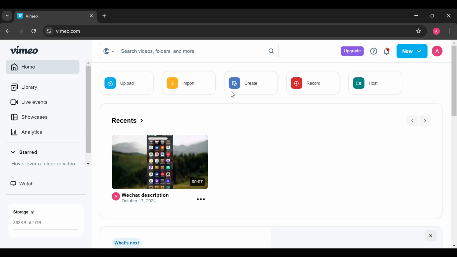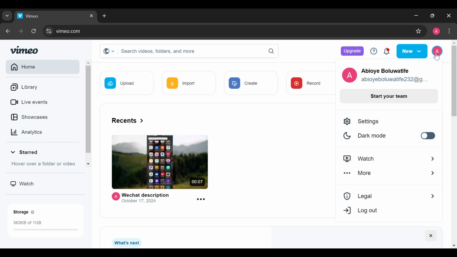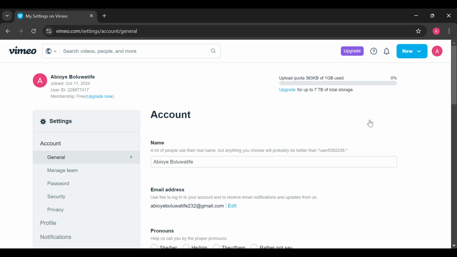So the first step is to log into your Vimeo account, just like I've done here. Then move to the top right corner and click on your profile icon. In the drop down menu that appears, ensure you click on settings, and then you'll be taken to your settings